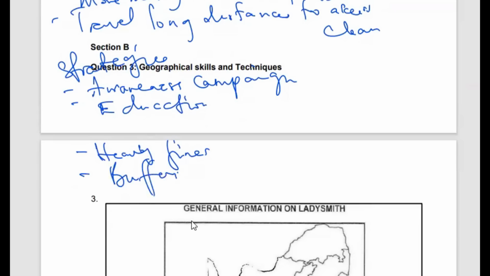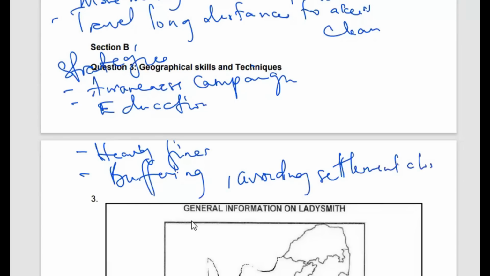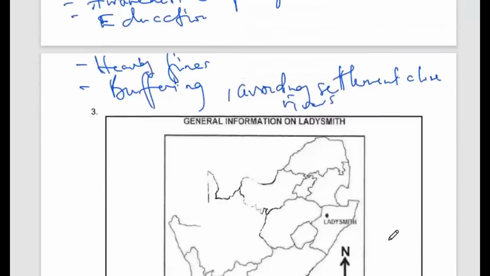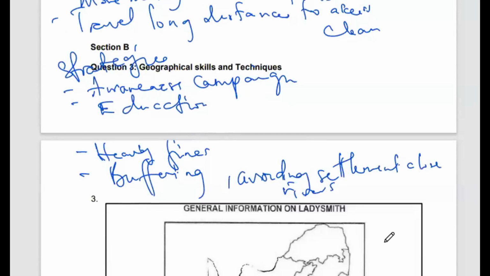And also we can apply buffering. We put boundaries along the water resources or along rivers to limit the influence of people on the rivers, or avoiding settlements close to or along the rivers is also another strategy that can be put in place. So given those strategies, we can try to manage and sustain our water resources. That takes us to the end of our section on